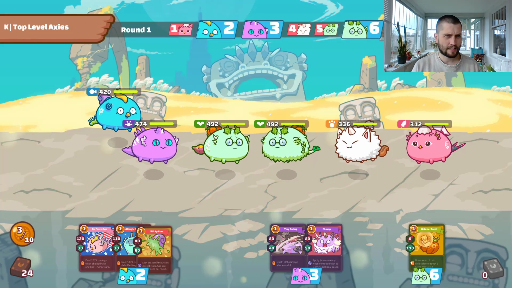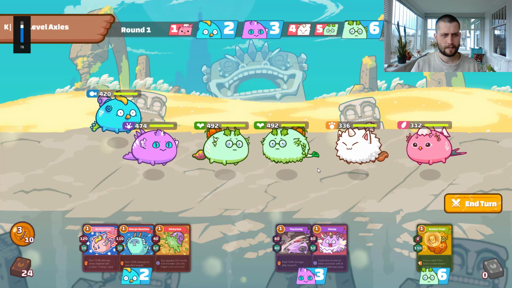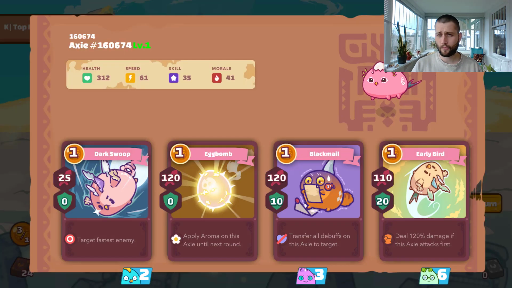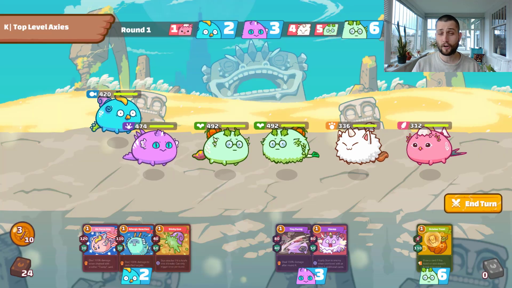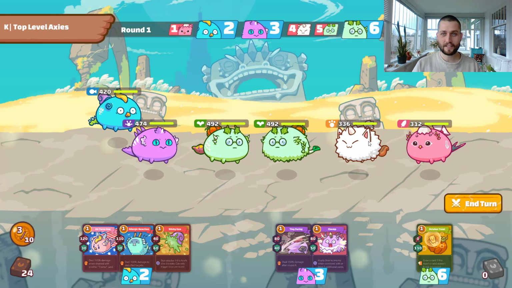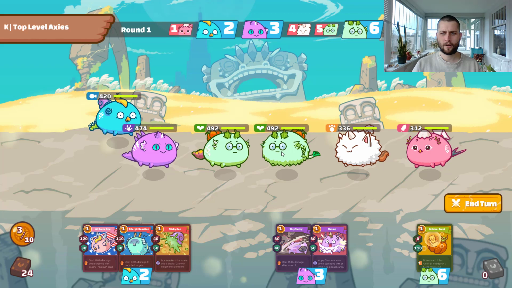Okay, top level Axies. I'm not sure if I know this guy or if I played against him before. From the looks of it, it's a pretty textbook, almost starter kit Axie combo, which is high damage, kind of in your face with the beast and the high damage bird here with the back door. So I've got to be careful of that. But on round one,